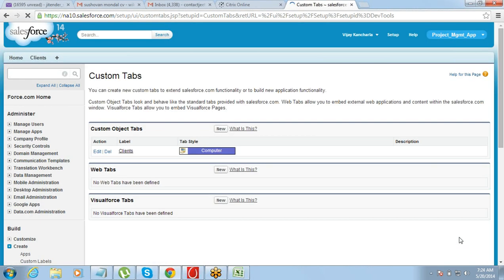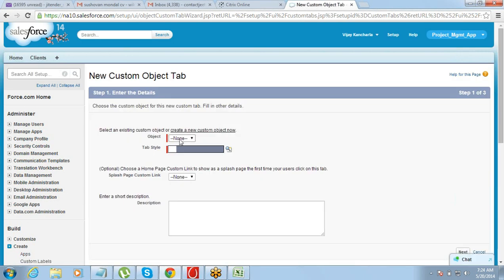So let me do this, click on save. So I have a tab for clients now. So by clicking on this, I can access the data from the client's object, and I can also enter the data into the client object. I need to create one more tab for the projects object.